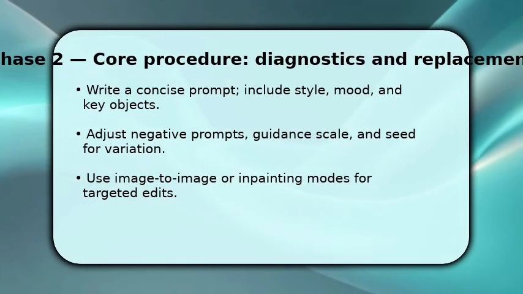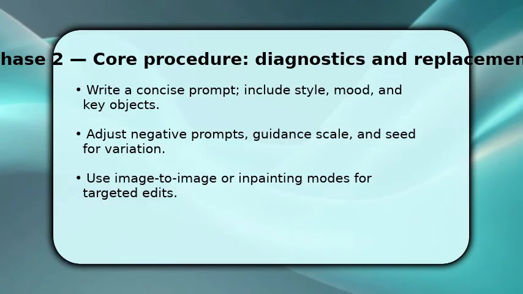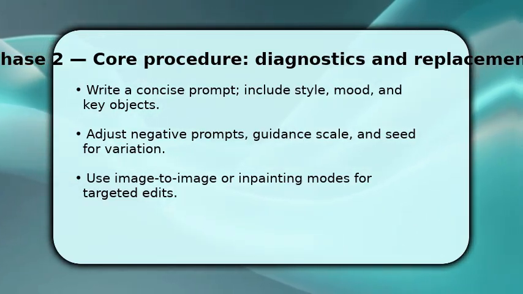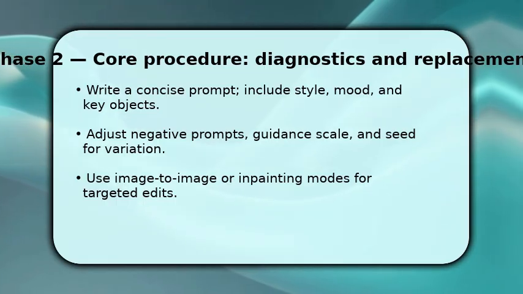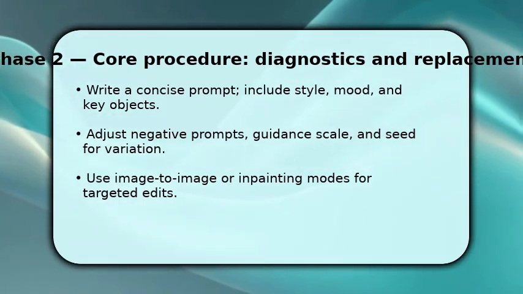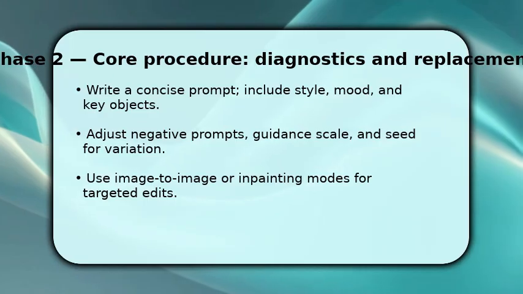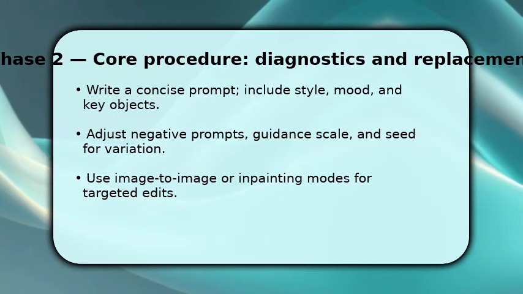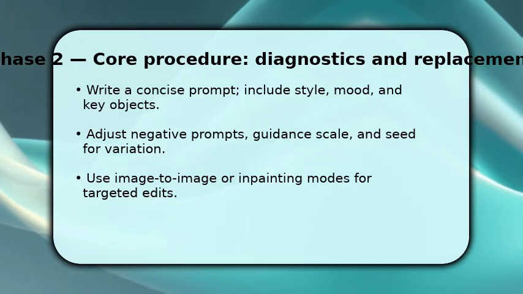Now you refine the prompt. Be specific about style, mood, and the key objects you want, because clarity directly affects results. Then tune guidance scale. Lower values give more freedom, higher values stick to the prompt, and add negative prompts to exclude unwanted elements. Use the seed field to create reproducible variations, and try image to image or inpainting when